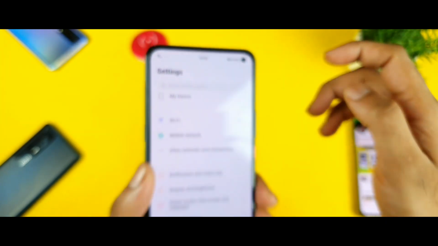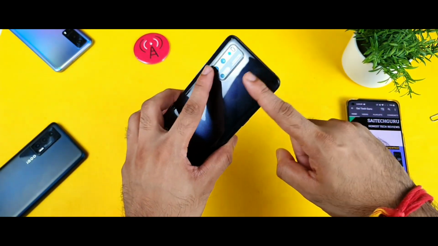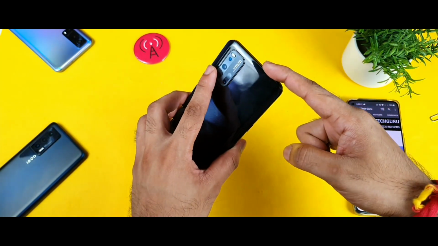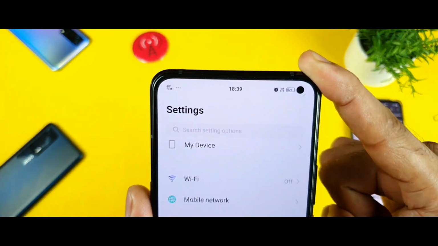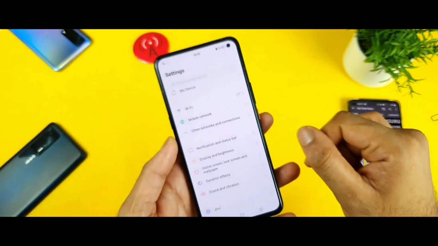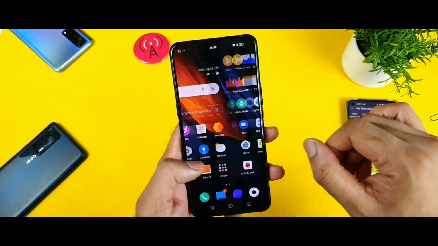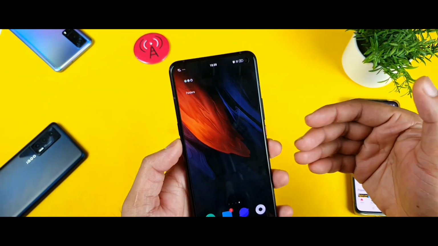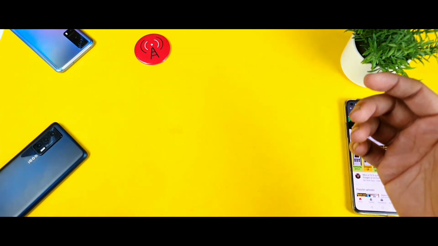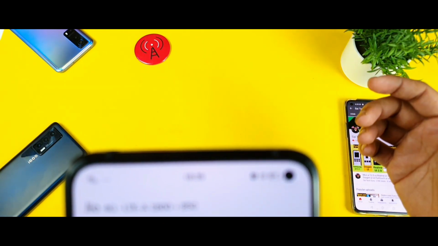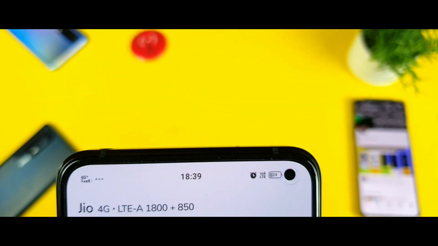That's fantastic, friends. This iQOO3 device, even though the phone was launched last year, I was still able to get the 4G plus aggregation inside my studio room. That's fantastic, friends, as you can see. That's really great. So let me first check the NetMonster application to see what type of bands I'm getting inside my studio. That is another thing which I thought of doing. So right now I'm getting not one but two bands. That's really great, friends, as you can see.